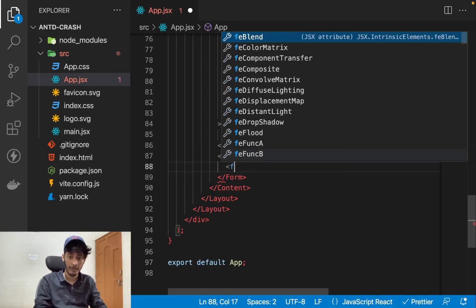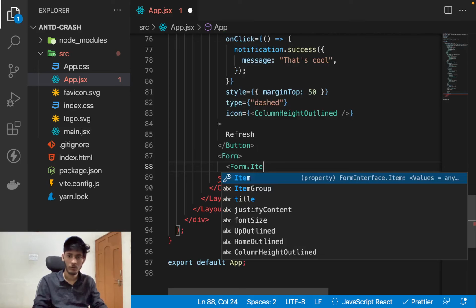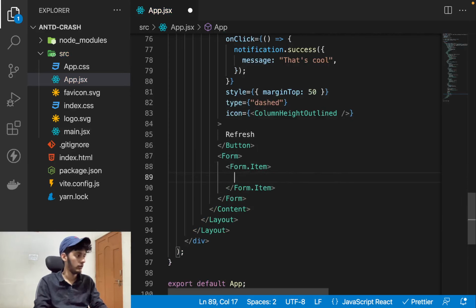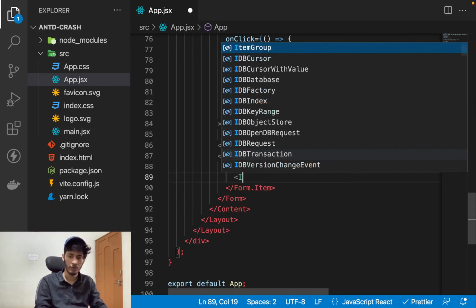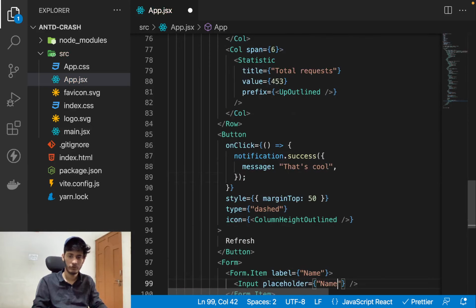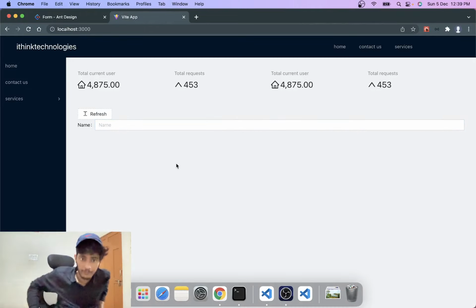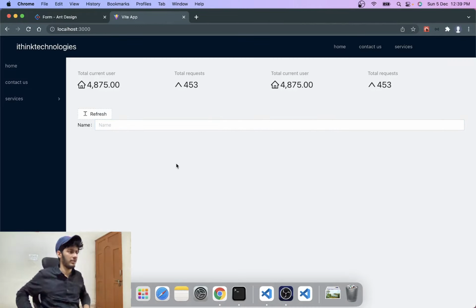Then I can have a form item. I can have a label over here as well. So I can just say a label, which for now will be name. And then you can have an input over here, which is a normal input. We can just place a placeholder. We can say name over here. If you do that, you will have something like this. By the way, we don't want this to look this bad,